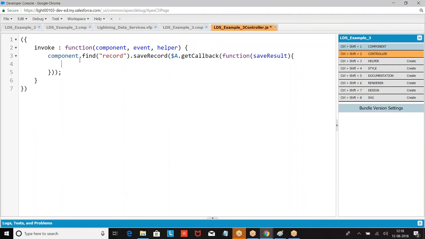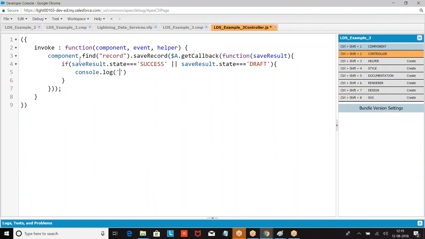Then what I'm doing? If saveResult dot state is success or draft, console.log record saved successfully.